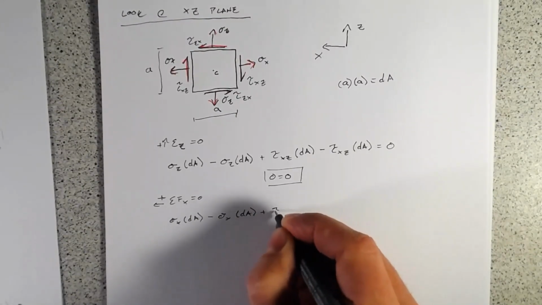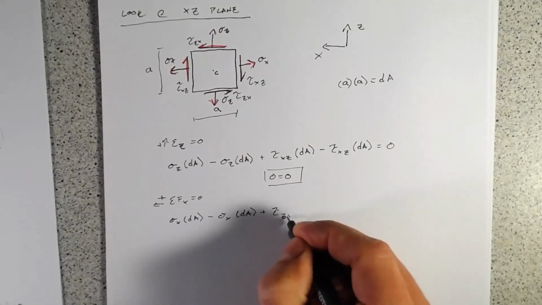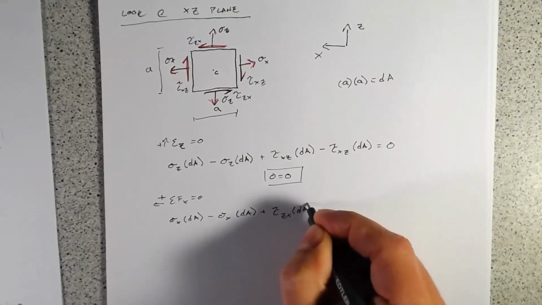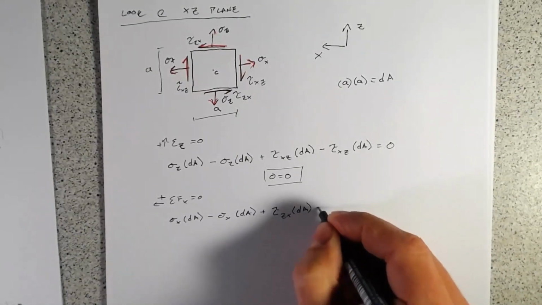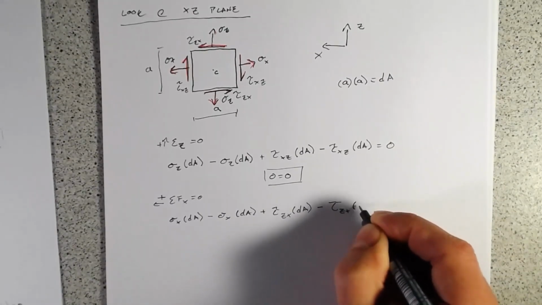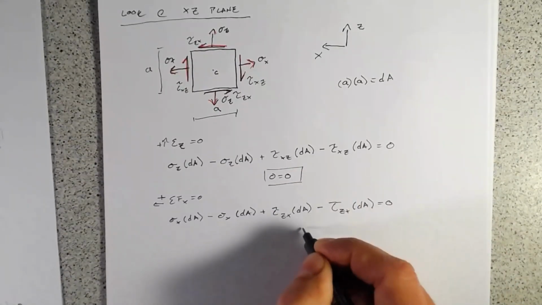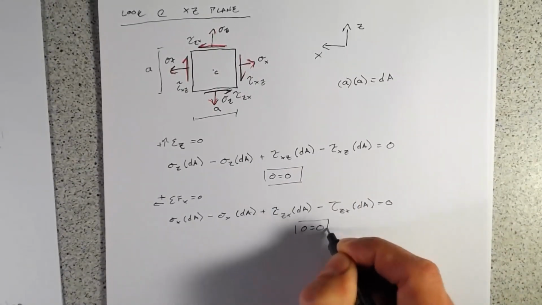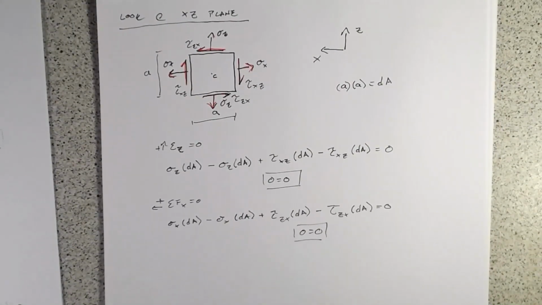plus tau zx times dA, times that little tiny area on the top to get that force, stress times an area, minus tau zx dA equal to 0. And again, we find out 0 equals 0. So not overly intuitive, not overly informative, but it does tell us that, at this point, we have to have equal and opposite